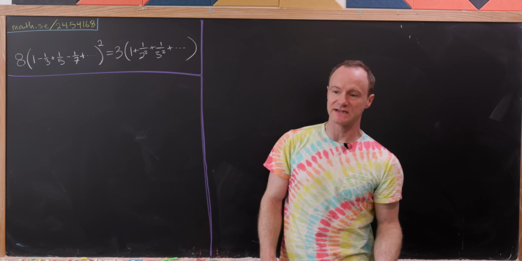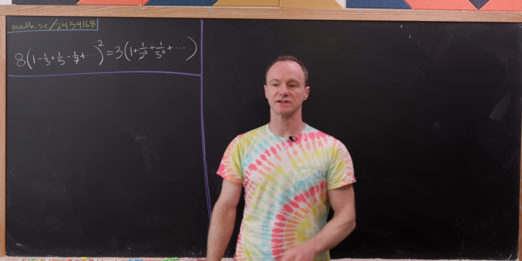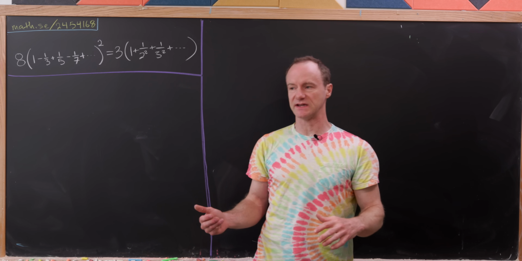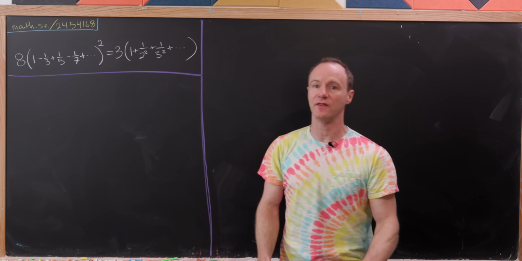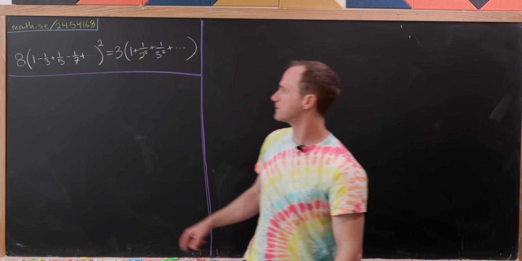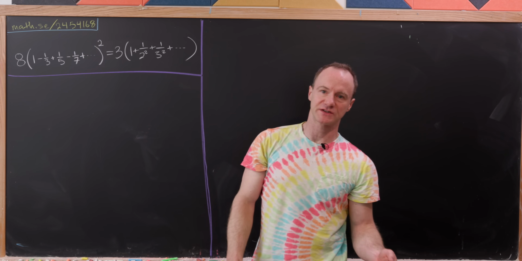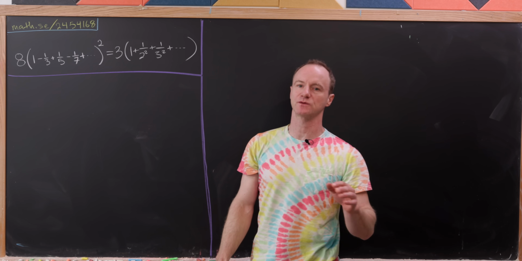So here we've got an identity that, if you don't know values of some well-known series, looks really surprising. And so what we want to do today is prove this identity without looking at those values of underlying series. So what have we got? We're going to show that 8 times 1 minus 1/3 plus 1/5 minus 1/7 plus 1/9 minus 1/11, so on